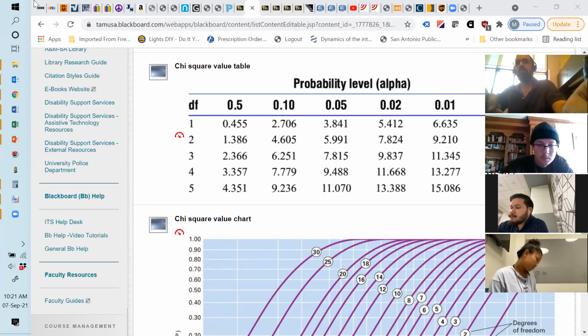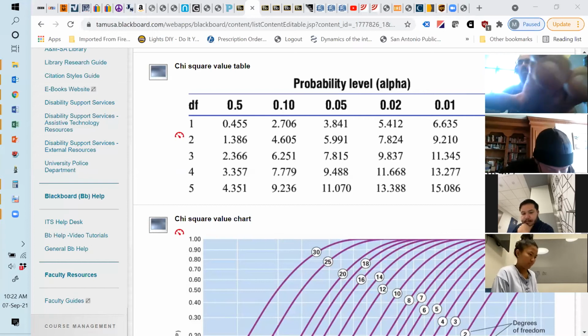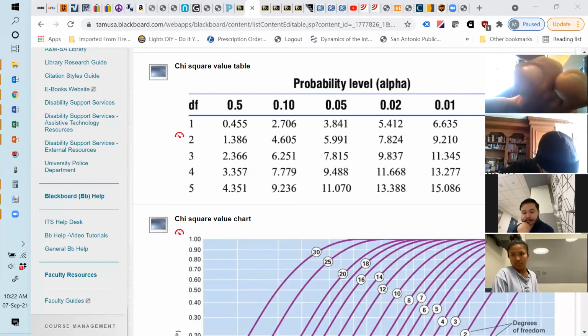So what's the chi-squared value for the dominant phenotype? It should be what? 127 minus 168 squared divided by 168, right? 10.1. Awesome. What's the value for the recessive phenotype, the happy phenotype? 30. Shit, that's a big number. Okay, add them together. That's your chi-squared value. So chi-square equals 40.01.